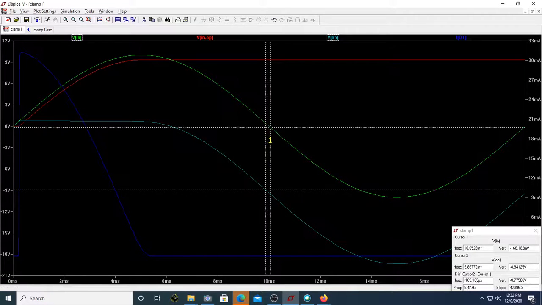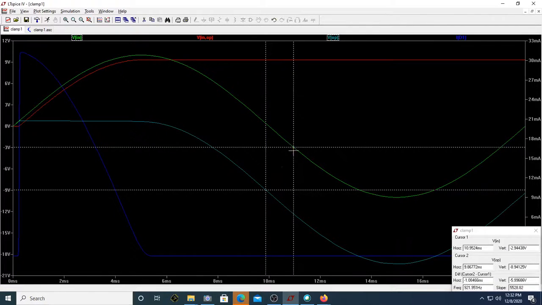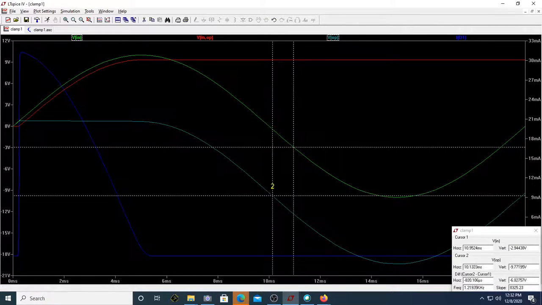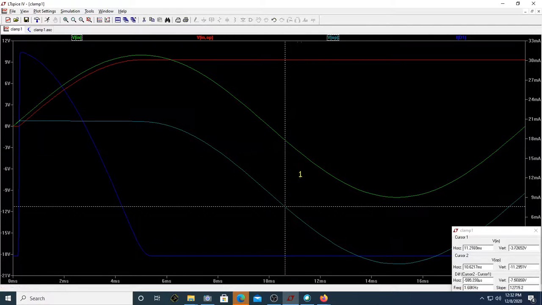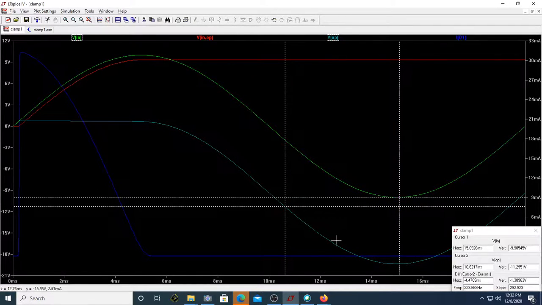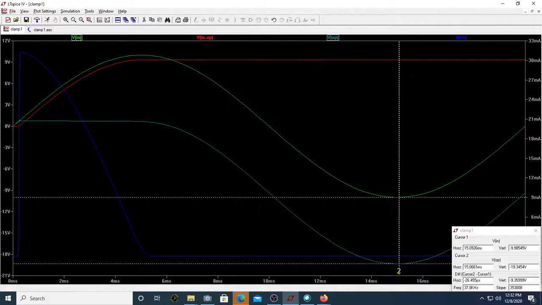As you keep on increasing the input voltage negative-wise, the output keeps reducing. When the input goes to minus 10 volt, the output is minus 10 plus minus 9.7. That will be the voltage. If you can see here, this is minus 19.3. So how are you getting this minus 19.3? It's actually this way.